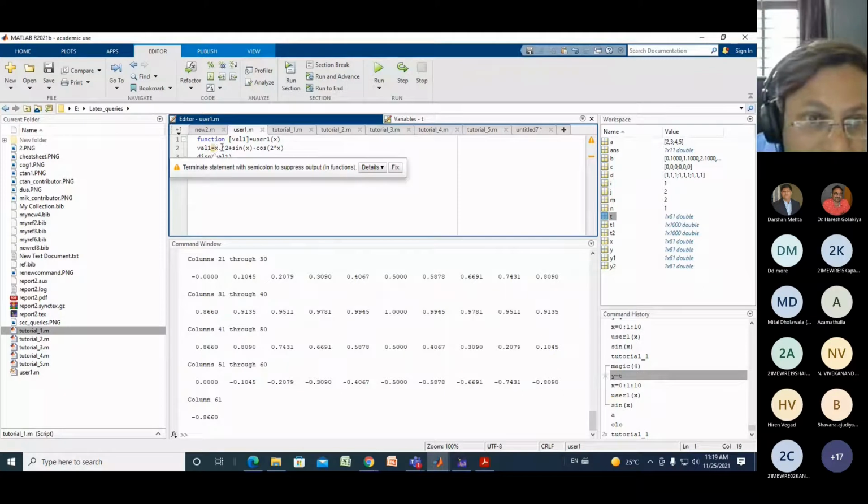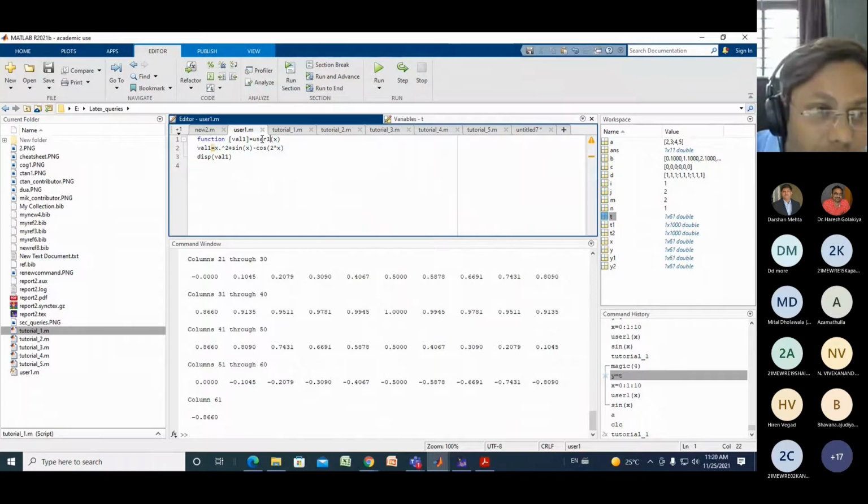VAL1 will calculate x square plus sine of x minus cos of 2x. This is my complex equation and I want to calculate this value of VAL1. To calculate VAL1, I have created a function and the name of this function is user1. You need to remember, you have to save your file with the name of the function.